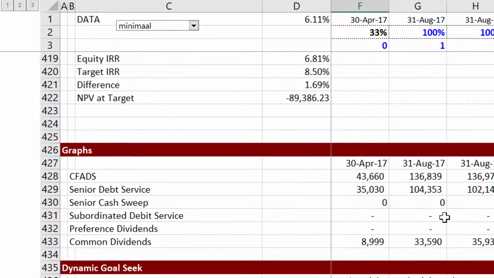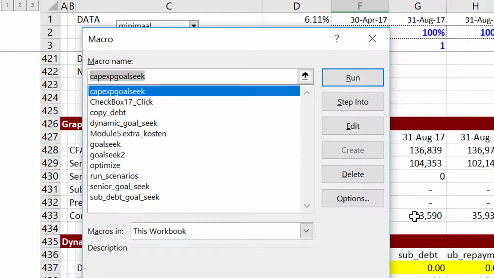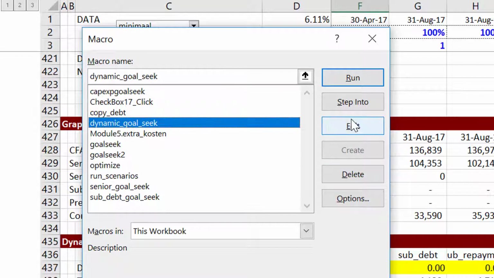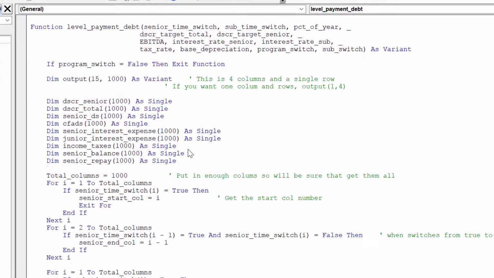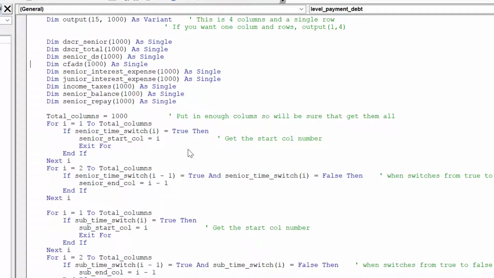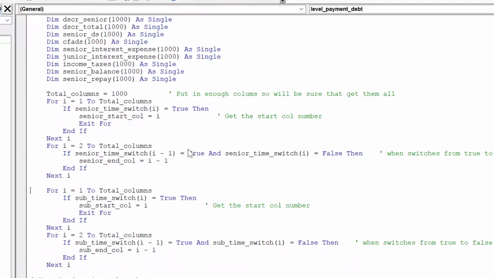Okay, so let's just take a brief peek at this function, Alt F8, and we'll go through, and it's got something called dynamic goal seek. So I just am posting this so you can look at it. And a lot of this stuff I just showed you. The first thing we have is the dimensions of all the output variables. All of these variables that you want to put year by year, column by column. And then there's some starting and ending values that I'm going to go through again and again and again, but